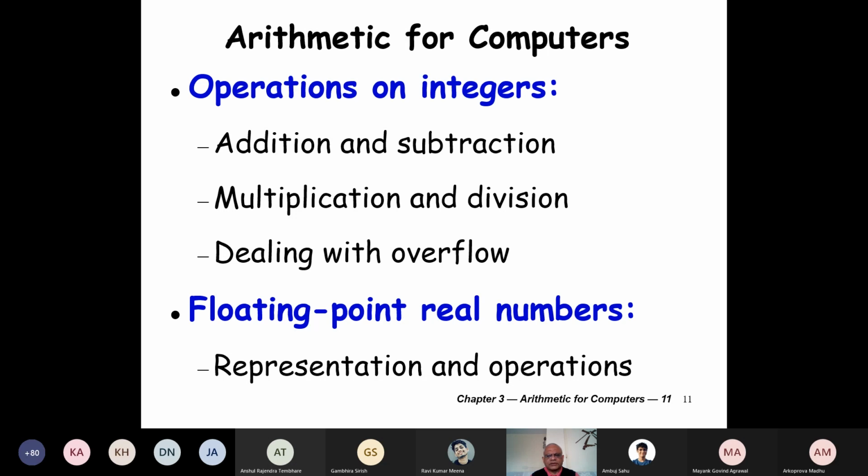Many times you get questions in exams, and if you are appearing in GATE or something, you may get questions on IEEE floating point representation. We'll look at the representation and operation on floating point, and these two are expected to take about 2 hours.